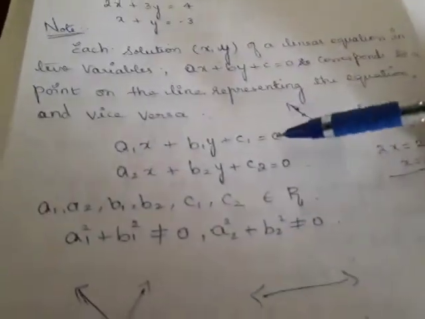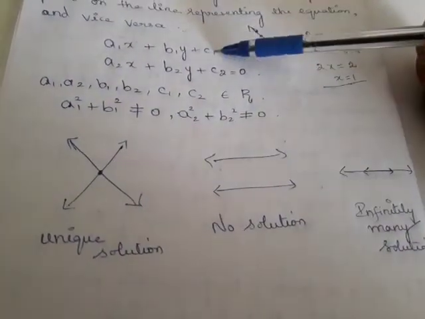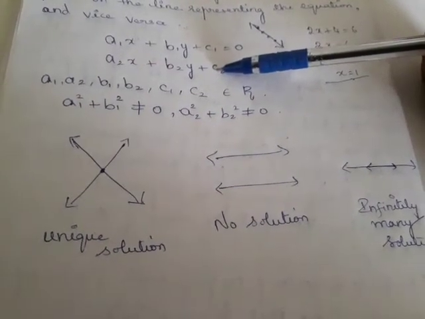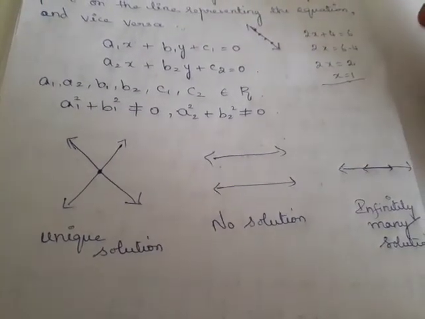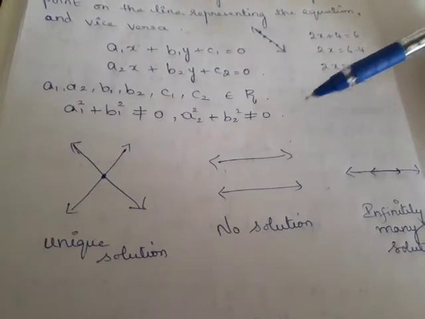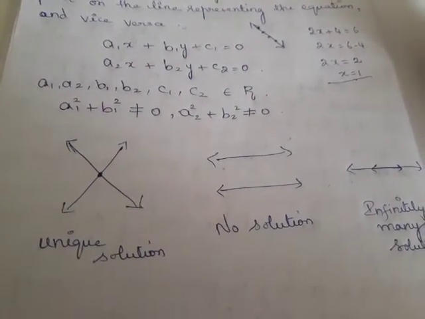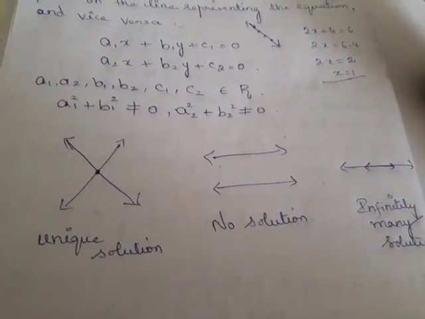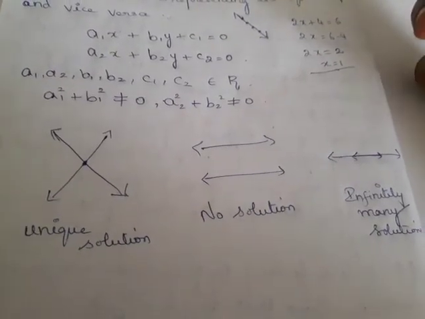And a pair of straight lines can be represented in general form like this, we have seen already. And what are the 3 cases that can arise if you draw a graph for a pair of linear equations? In 9th class we drew a graph for a linear equation in 2 variables. But in this class we are going to learn about a pair of linear equations in 2 variables. So if you draw a pair of linear equations on a graph, what are the chances for the graph to look like? We know it is a straight line, but what are all the possibilities?